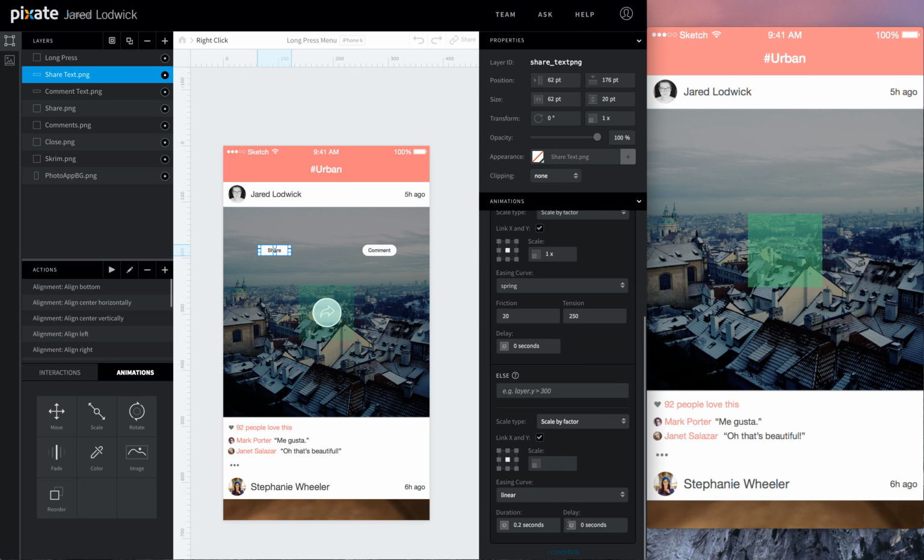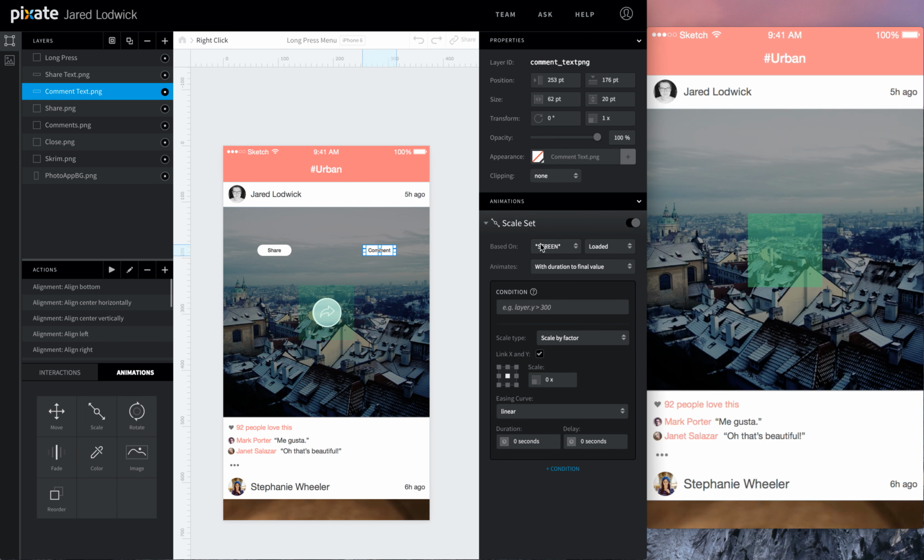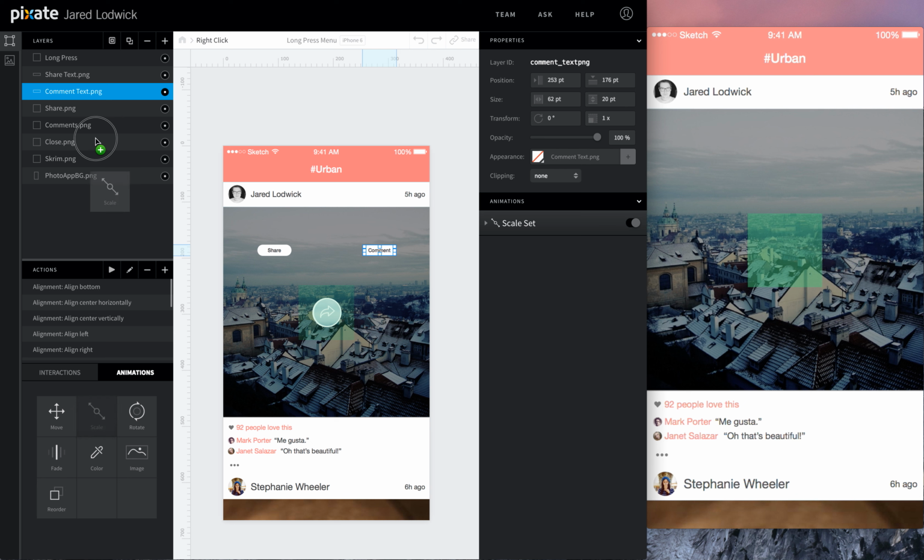Then we're going to add the conditions so that when we go out of it, it goes down. So we'll come back over here, get this else if, select it all, copy it, paste it in, and I want it to scale down to 0. We'll do the same thing for comment text. Add the scale animation.